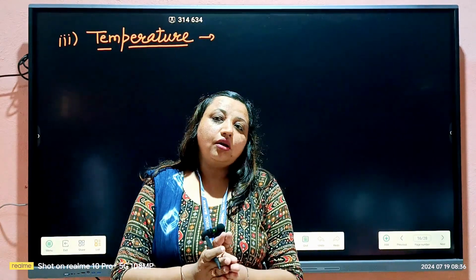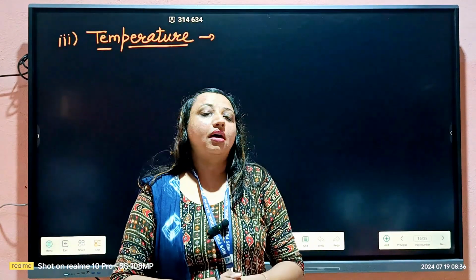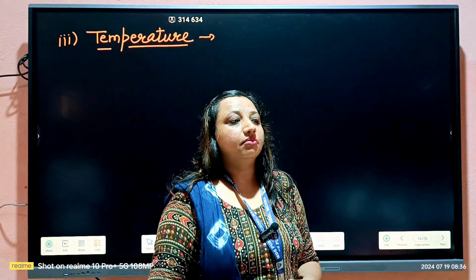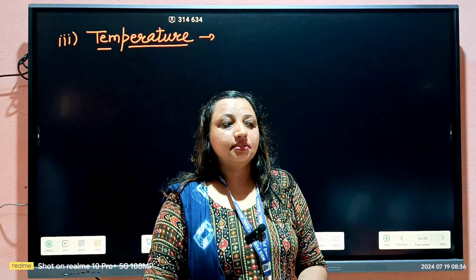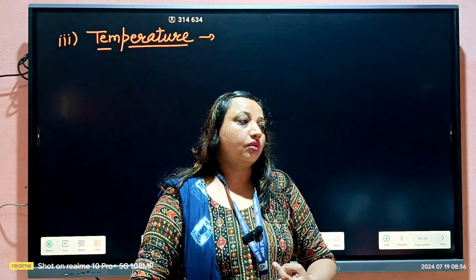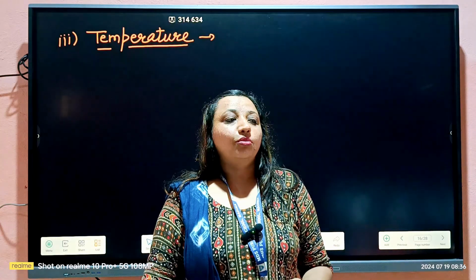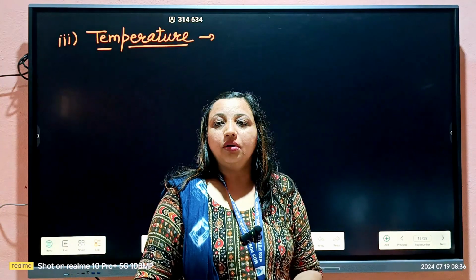So hi everyone. Now we are going to start lecture 4 of current electricity, which is the second part of resistance and resistivity. In the previous class we discussed what resistance and resistivity are. What is the formula for resistance? From Ohm's law, R is equal to V upon I. And what is the formula for resistivity? Rho is equal to RA upon L.